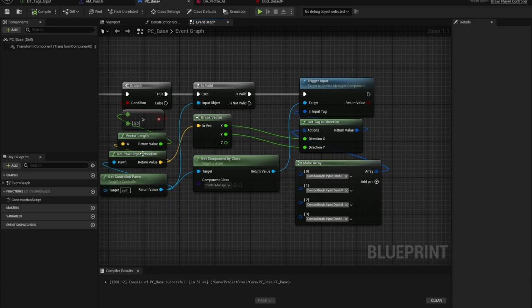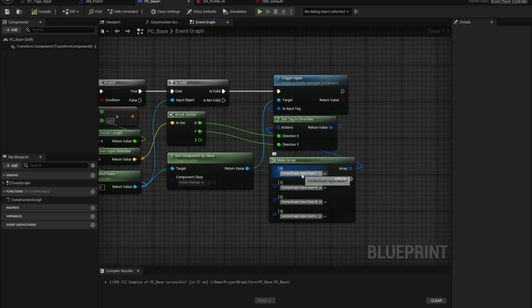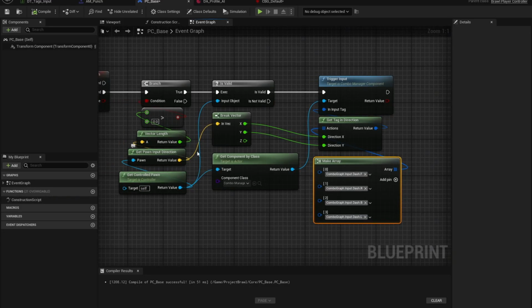If the input direction is forward, it will choose this tag to trigger the input. Respectively, for the dash.right, dash.back, dash.left, it will choose the corresponding directional input tag based on the input directions and